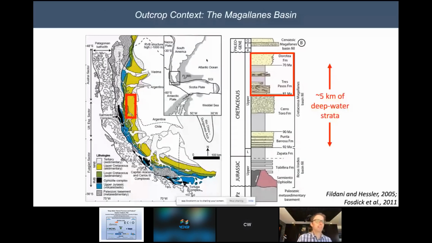Chile is a neat spot to get to go for a number of reasons. It's a beautiful area, but it also has a really neat geological history. And I want to tell you just a little bit about that to explain why we go all the way there. It is part of the Andean belt. On the left, you see the geological map of the southernmost Andes. The inset map shows we really are at the bottom of the continent of South America. For anybody that knows this part of the world, the bottom here is Tierra del Fuego, and we have a nice fold thrust belt associated with